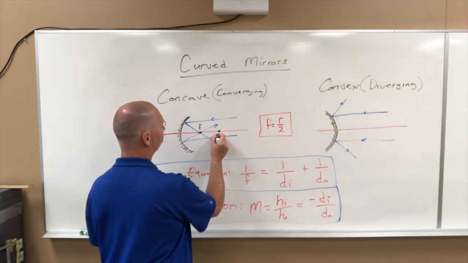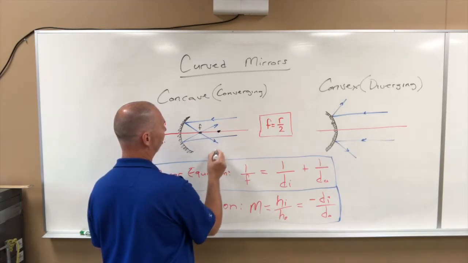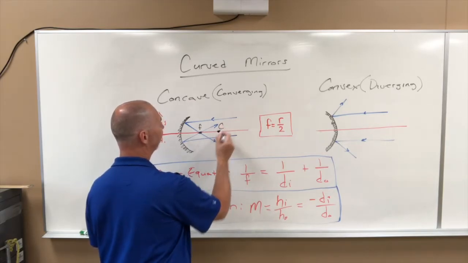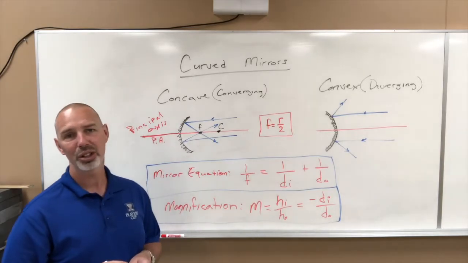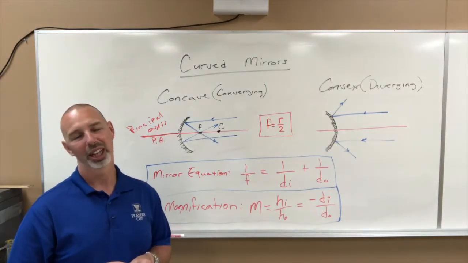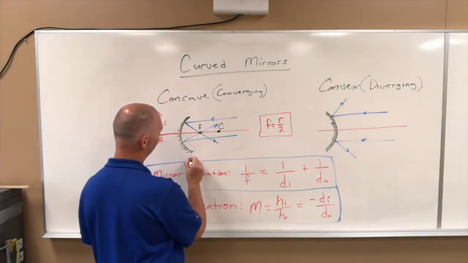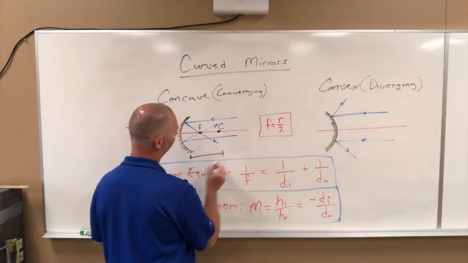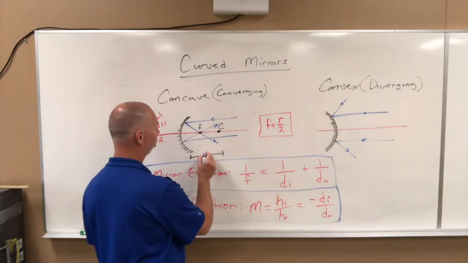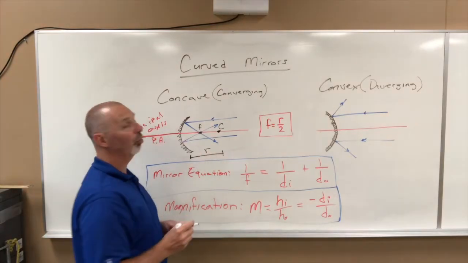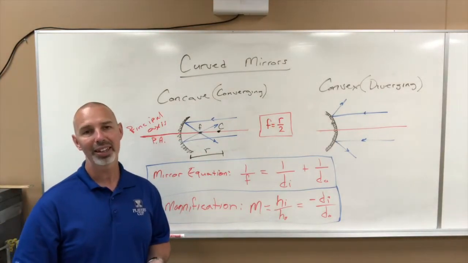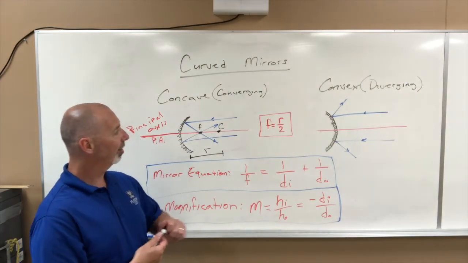And so the circle center would be here, and we would call that C for the center of curvature. Okay, where's the center of this circle? And again, that distance from the mirror to the center is called our radius. And then there is a relationship between the radius and the focal point, and that is what I've put in